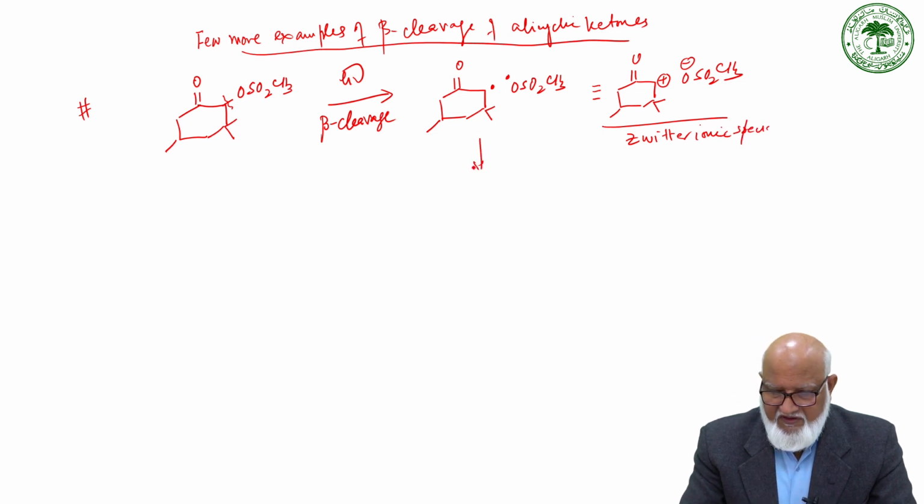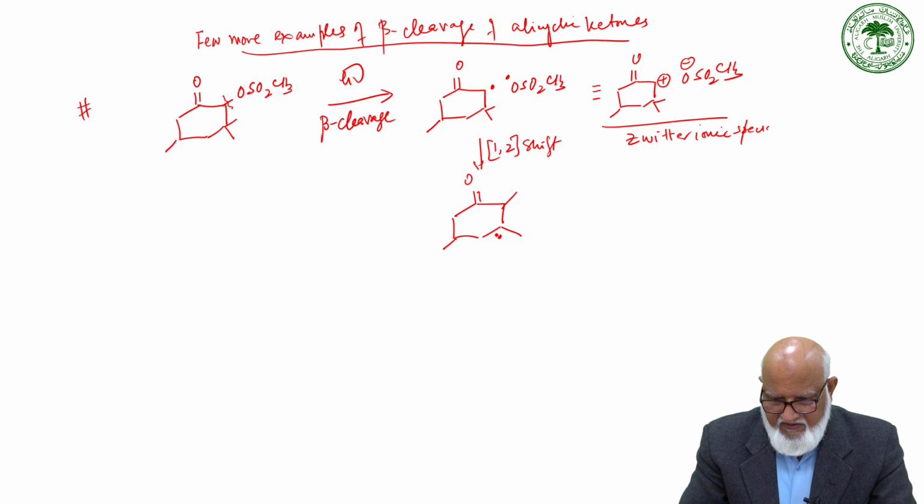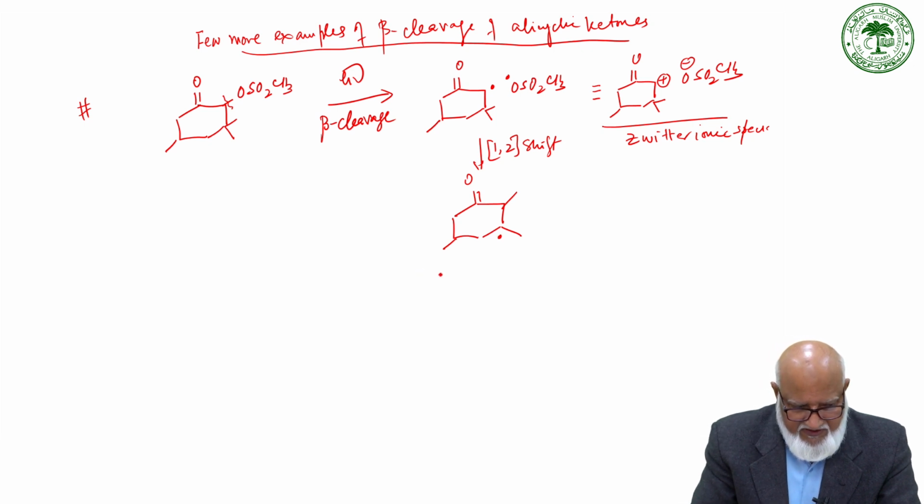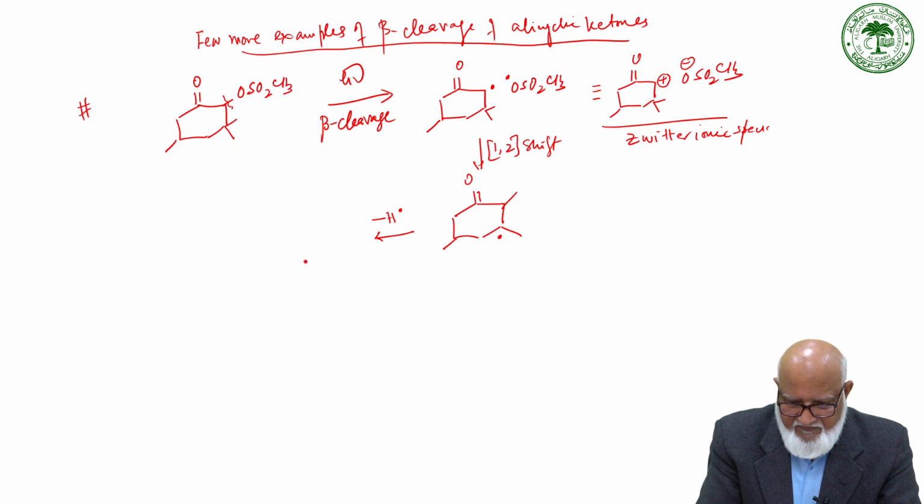So this on further reaction undergoes a 1,2 shift. There is a shift of one of the methyl groups to give a new diradical, this one, and then this may lose H dot, or if it is a zwitterionic species, it may lose H plus to give